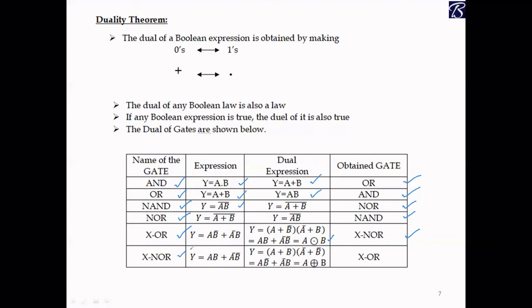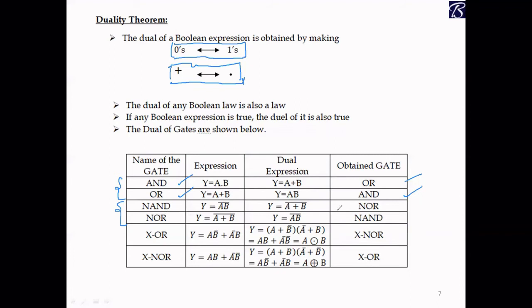If you take XNOR operation, where the expression is y equal to AB plus A bar B bar, now apply duality theorem, we will get XOR gate. The conclusion here is, in the given expression under the duality theorem, plus becomes dot, dot becomes plus, and if there is a 0, it becomes 1. Whenever there is 1, it becomes 0. So the dual of AND gate is OR gate, and OR gate is AND gate. AND and OR both are duals, and in the same way NAND and NOR.